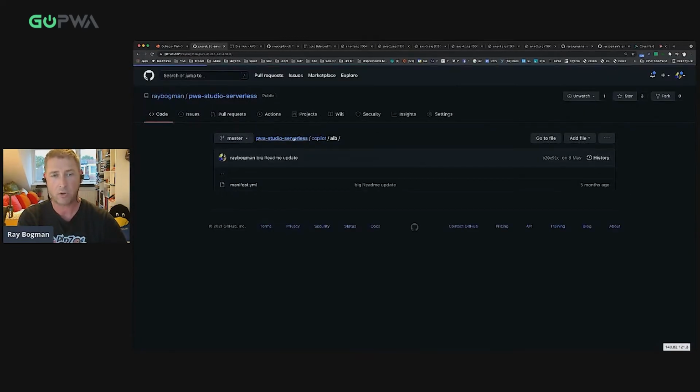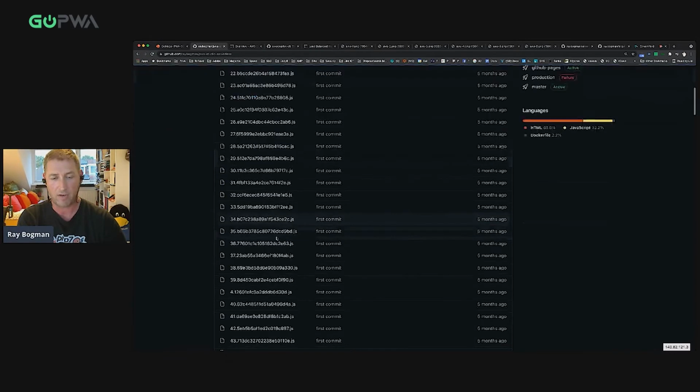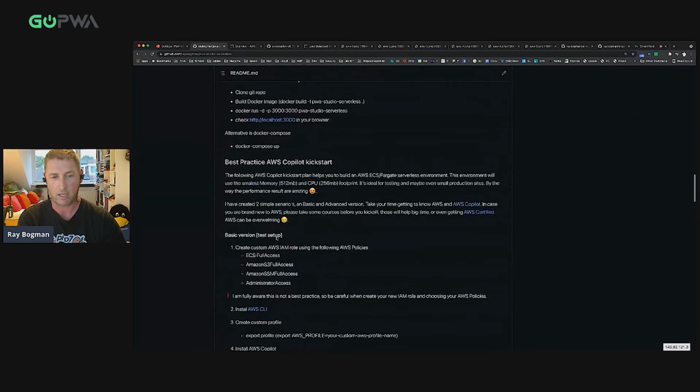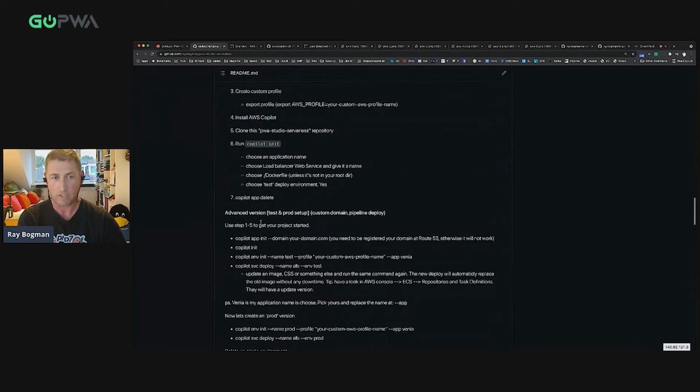So if that's in order and we have everything created and everything is locally created in AWS, there's also an option to delete, of course, the application. That's Copilot app delete, and it automatically destroys all services within AWS.